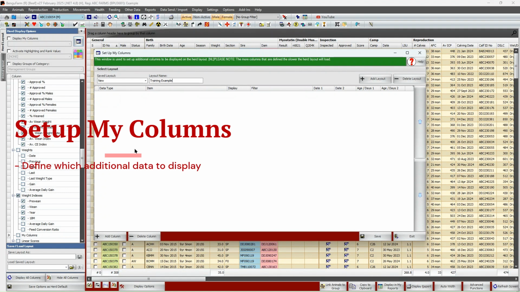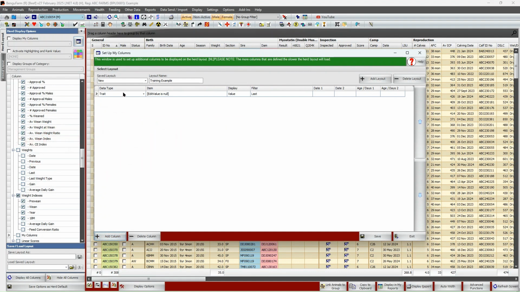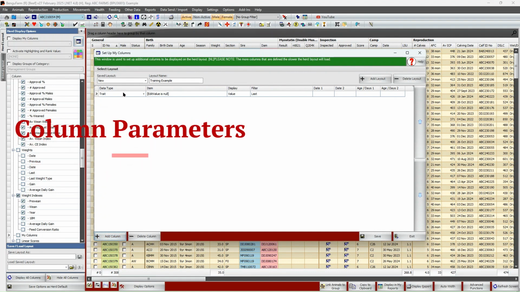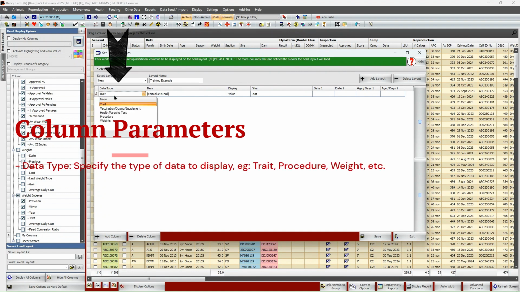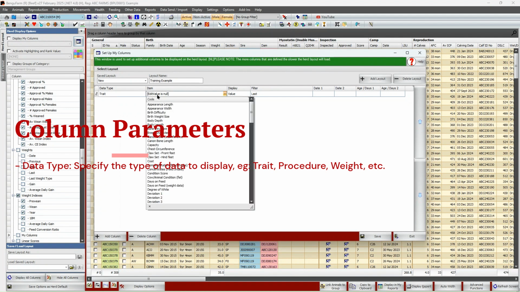And now we need to define what additional data we want to display on the herd layout. So for each data item that you want to display, you will add a column here at the bottom left hand side. There's a couple of parameters that you need to specify for each column, and we'll start with a data type. So you'll say if you want to display a trait, a vaccination, a health test, a procedure, and a weight. For this example, I'm going to say I want to display a trait, and then at item I